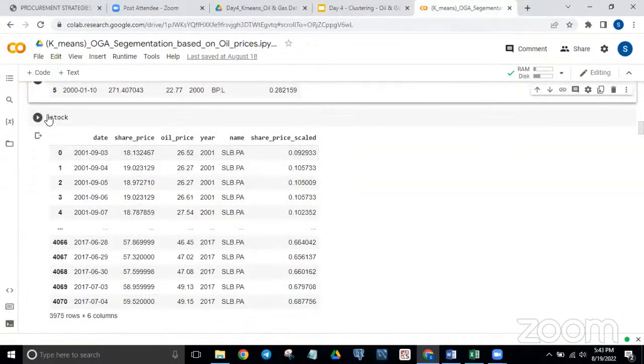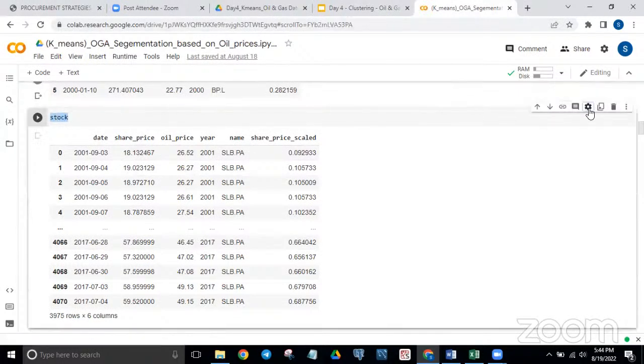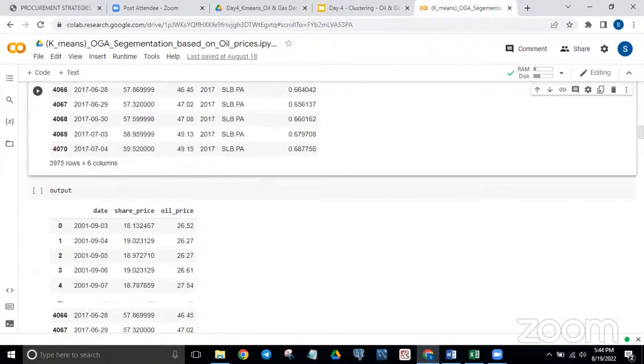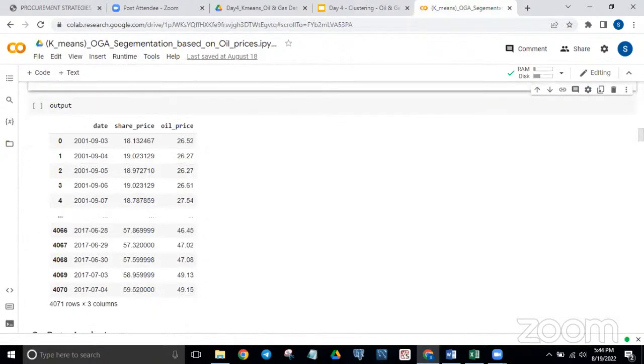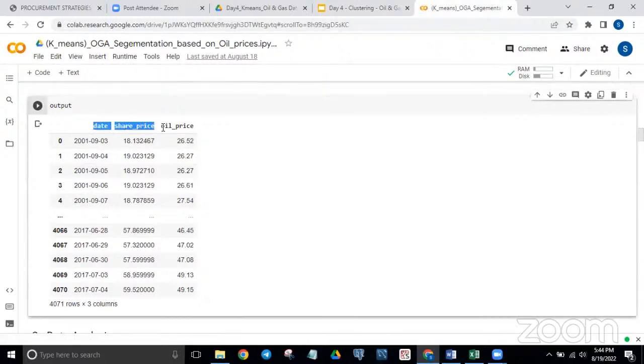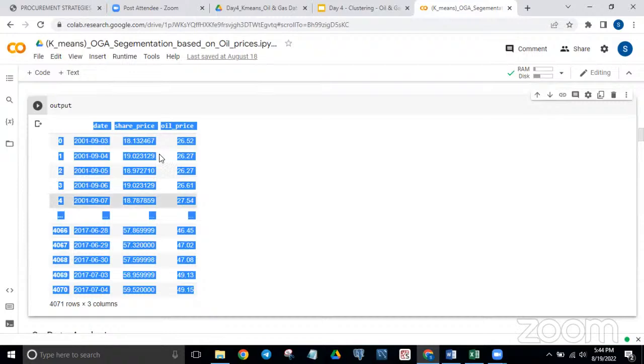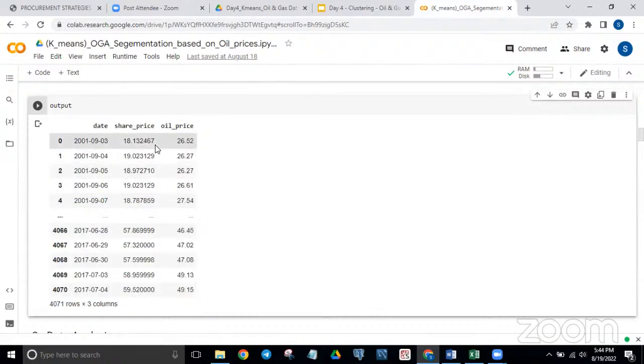So now I have the data. I have saved the data and given the variable name stock here. I have saved the complete data here. This will be my output data. So I am going to look into these values: date, share price, and oil price. Now I am going to make some clusters based on this data,